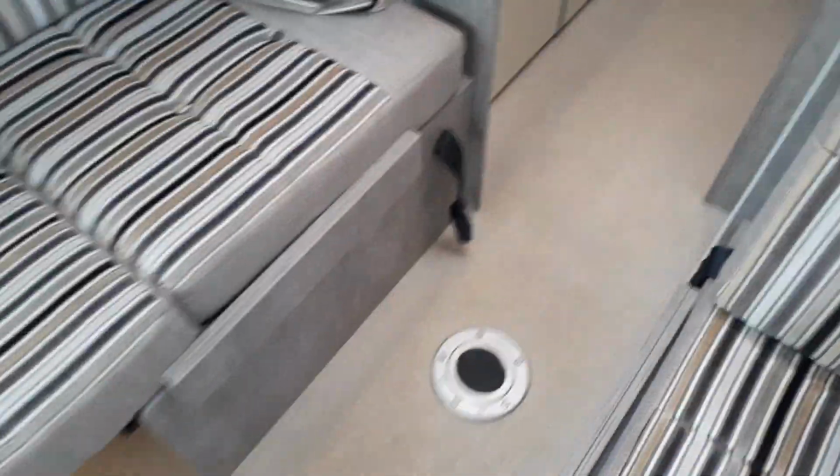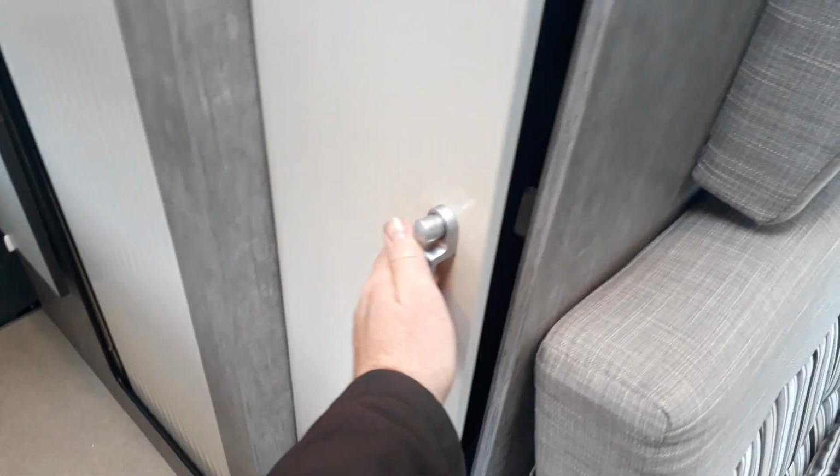So having a look further down the van, loose fit carpets do come with this van, by the way. We've got a large wardrobe with the carpets currently living in. Plenty of other storage, little shelves and lockers and such like. And then we've got